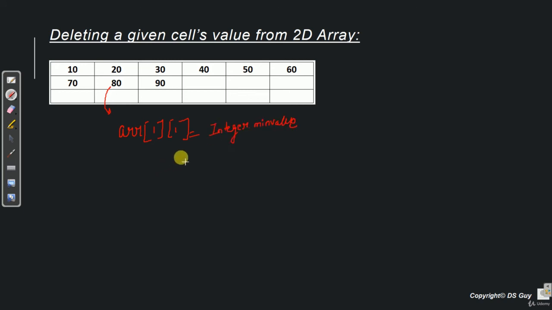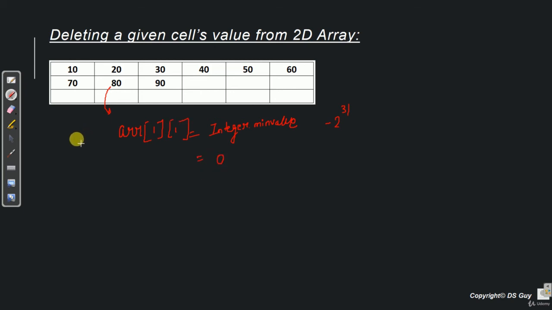Now in my case I have initialized all my cells by Integer dot minimum value, which is minus 2 to the power 31. In case you want to initialize with any other value like 0 or minus 1, you are welcome to do that. In that case you will say ARR 1 1 is equal to 0.